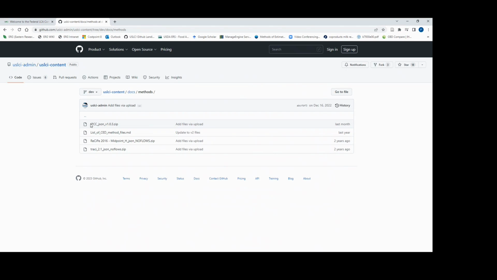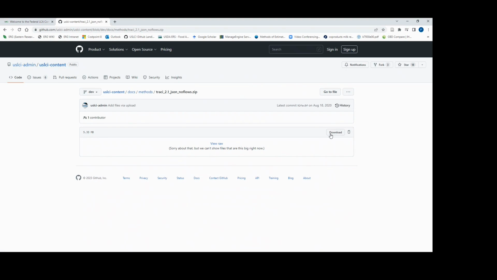The first are the IPCC methods. There are a few different IPCC global warming potentials that can be used in here. So I think there's AR4, 5, and 6. There's the cumulative energy demand method, ReCiPe, and TRACI. TRACI is the most commonly used with USLCI, so we'll go ahead and download this one to run our data set with.